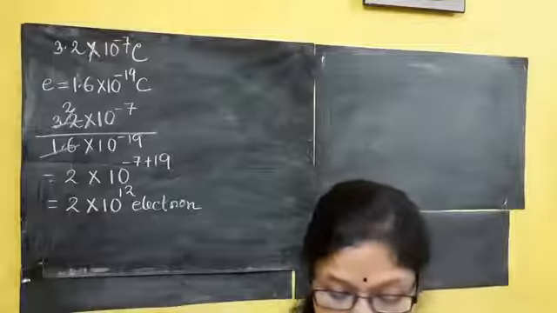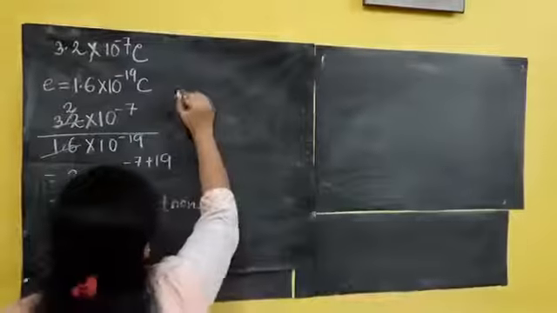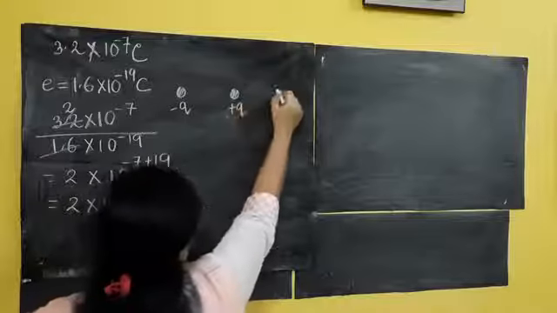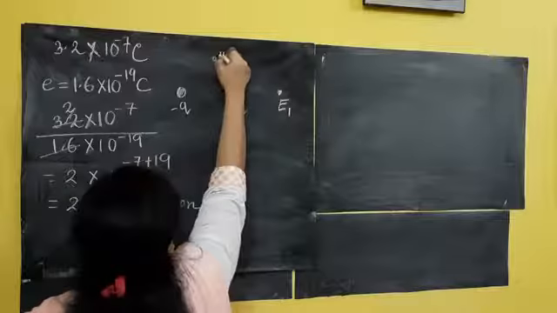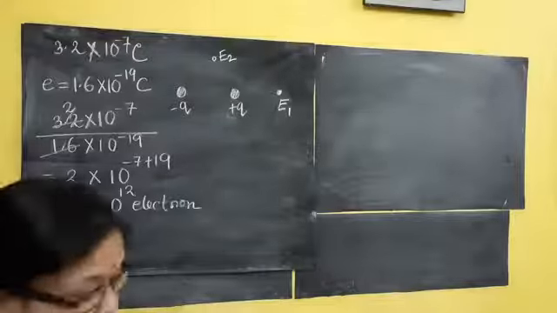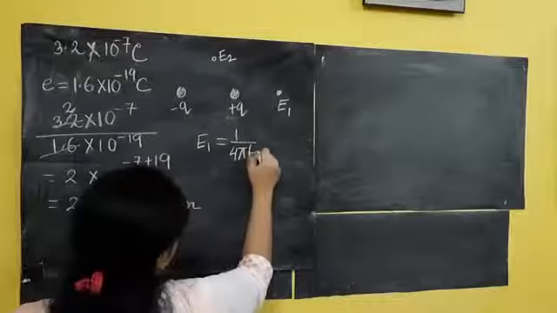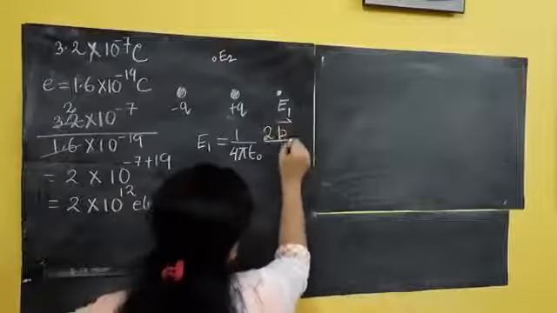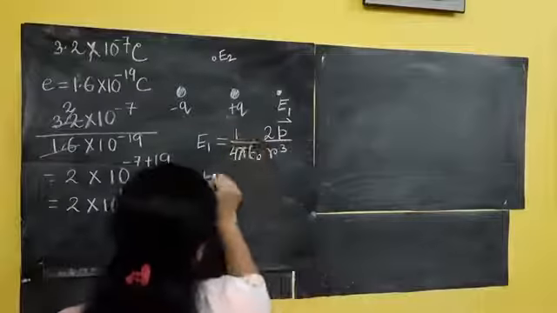So if you have an electric dipole, this is one charge, negative, and suppose this is the positive charge. Here I am keeping my point, and the electric field there is E1. Here I am keeping my point, and the electric field there is E2. We have done this problem. E1 is always equal to 1 by 4 pi epsilon 0 into 2 of dipole moment by R cube. And E2?